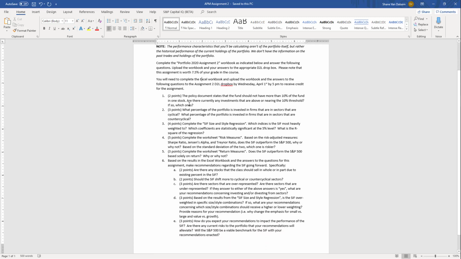So the questions you'll need to answer are, number one, the policy document states that the fund should not have more than 10% of the fund in one stock. Are there currently any investments that are above or nearing that 10% threshold? If so, which ones? What percentage of the portfolio is invested in firms that are in sectors that are cyclical? What percentage of the portfolio is invested in firms that are in sectors that are not or counter-cyclical? And you'll need to listen to the lecture on macroeconomy and industry analysis to be able to answer some of